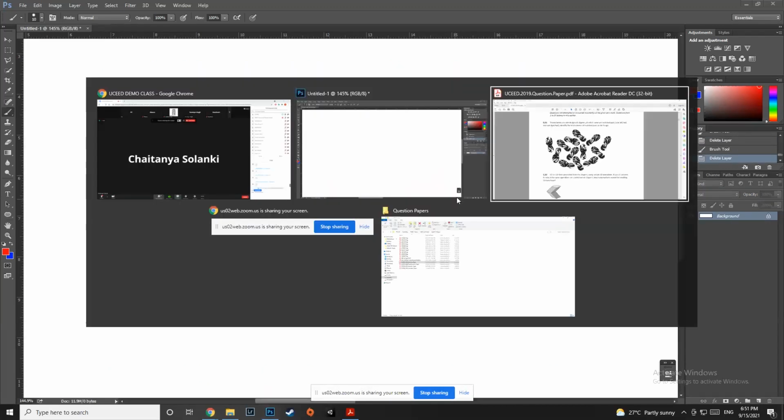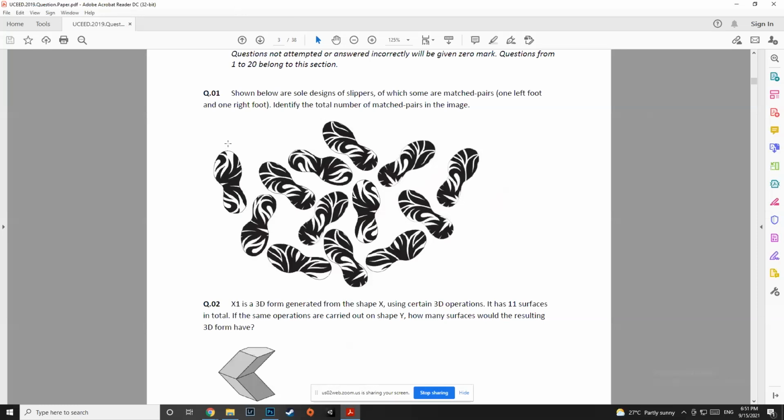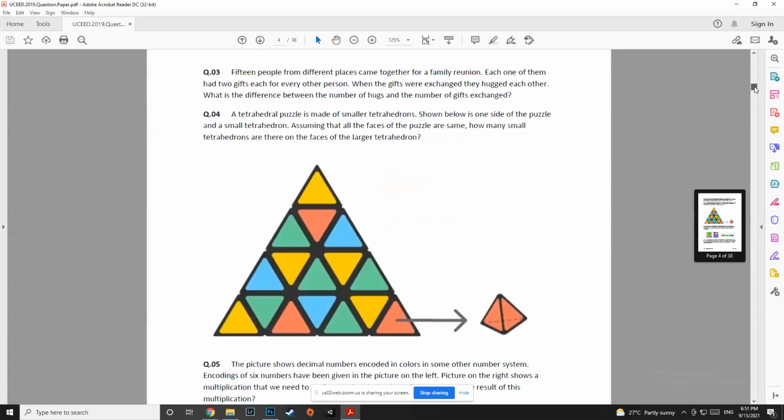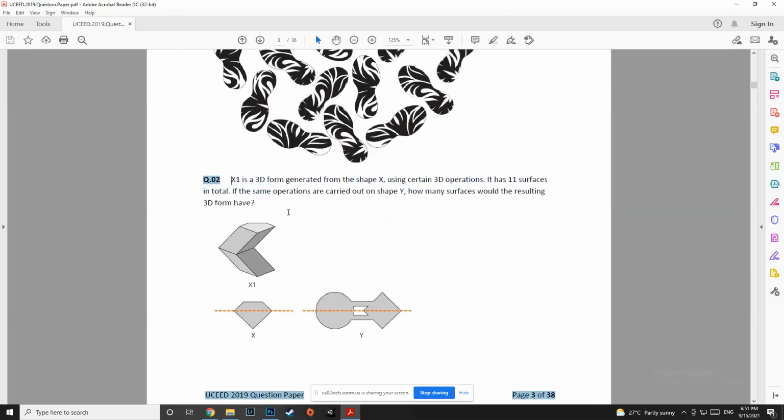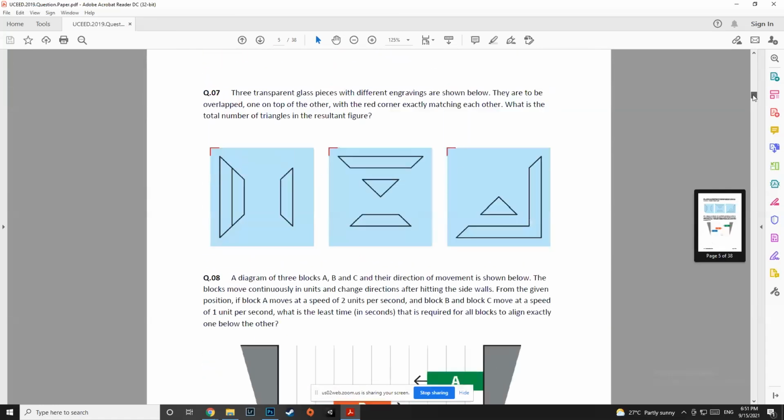Let us move ahead and let us check another type of question. So this is called pattern recognition, or counting differences. And you will see that there are different topics, right? There is shape counting, there is surface counting, there is paper folding, shadows, this and that. But a lot of questions can at times fall under 2 categories. So for example, this particular question is falling under pattern recognition, as well as mirroring, as well as spotting the differences. So a single question can fall under many categories, right? I am leaving this question for now because it will take time to explain. But we'll do a similar question. Okay, let us try out this one.